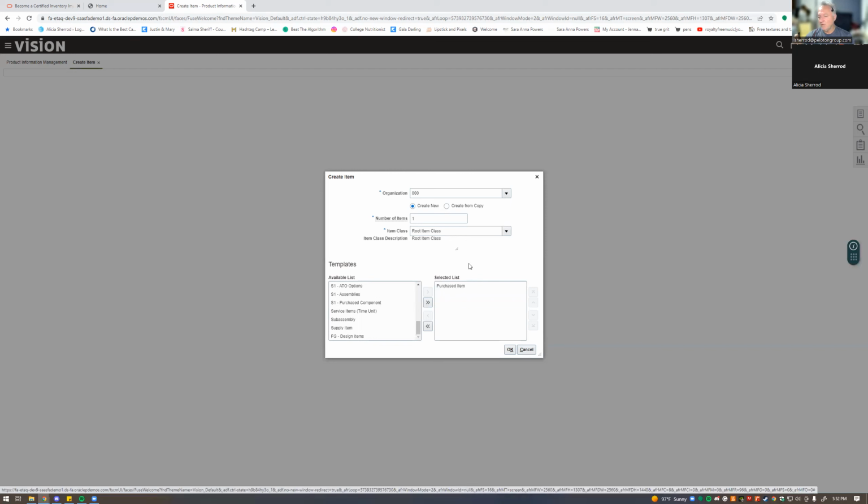But you can use multiple templates. But the problem with using multiple templates is it might be kind of hard to figure out which template set which attributes. Okay. So I always caution my clients and say, why don't you just stick to one template at a time until you get a better hang of it. So now if you click OK,